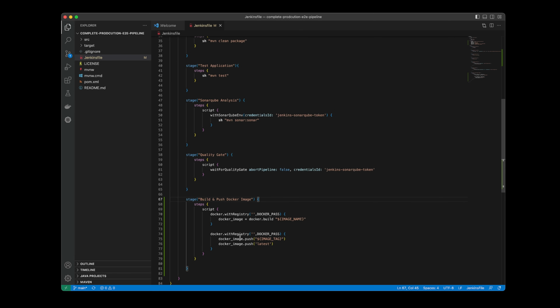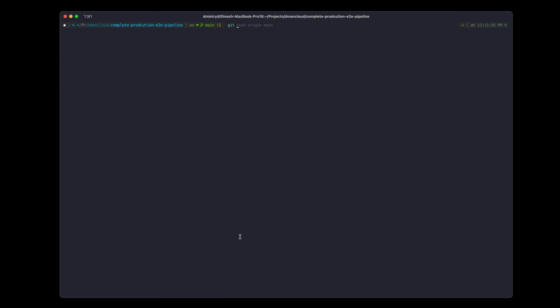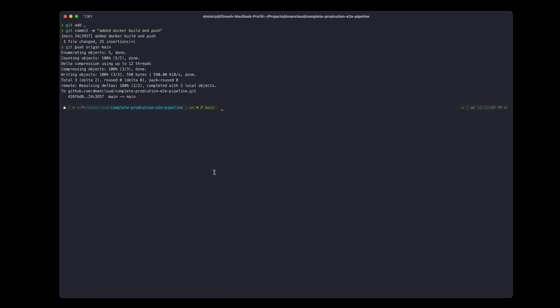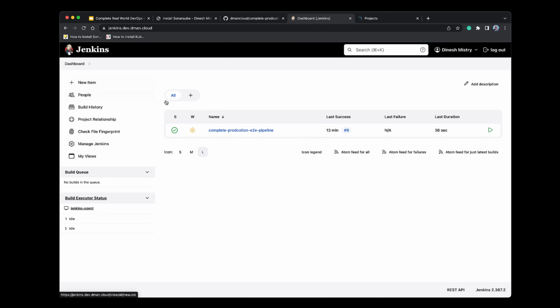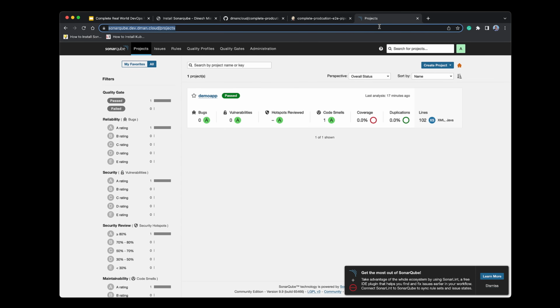So let's save that. Let's go ahead and commit. Let's commit our changes. So added Docker build and push. And then let's trigger that pipeline again. So let's go back in here. We'll build. And then while that's building, let's go into Docker Hub,